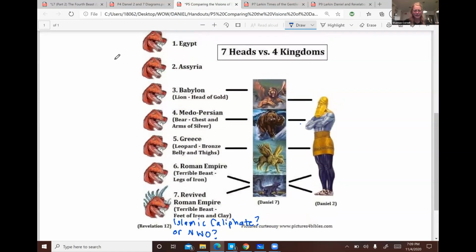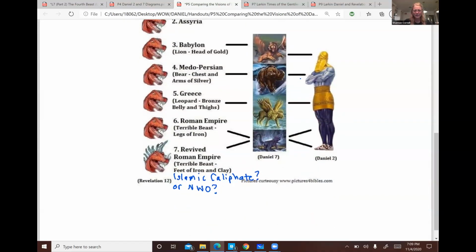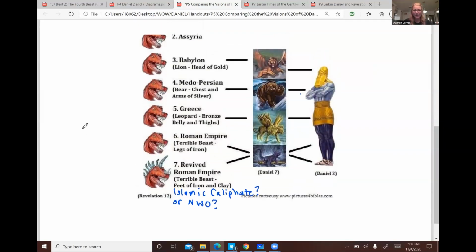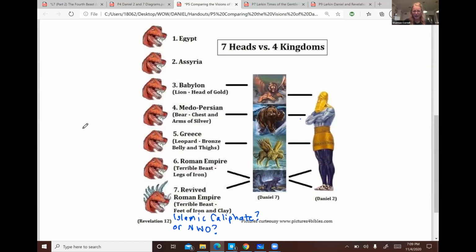Think about Israel and Egypt under the oppression of Pharaoh, right? And then there was the Assyrian captivity of the northern kingdom of Israel, the Babylonian captivity under which Daniel is suffering. Then we've got the Medo-Persian kingdom, Greece, and Rome, okay? And then Bible teachers have often called that last one the revived Roman Empire, but we're also considering the possibility of an Islamic caliphate. So that particular passage said, 5 have fallen, 1 is, the other has not yet come.